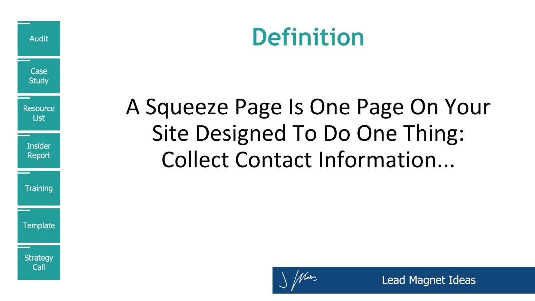They're all going to be driven to something called a squeeze page, which is step 2 in the lead generation process. Now, the squeeze page is where you offer the lead magnet that makes this whole process work. Now, all a squeeze page is a simple page on your website that has no links anywhere else, and all someone can do is enter their name and email. We'll get to other contact information in a second so that they can get whatever you're offering.